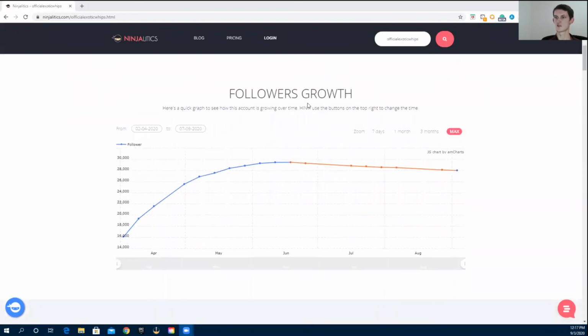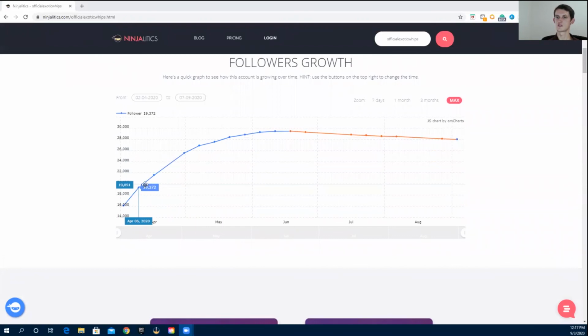So this is just kind of the growth. As you can see, I started growing at a pretty alarming rate right around April, May. I actually did have something come up that forced me to not run the account anymore, but I am just starting to get back into it now, so the account will start growing again. It'll probably take me around 10 to 12 days or so to start seeing growth like this again. As you can see, it was on a little downtrend when I had to take a break.